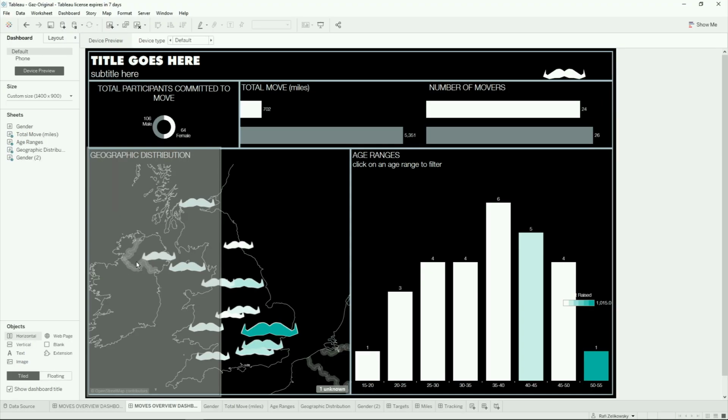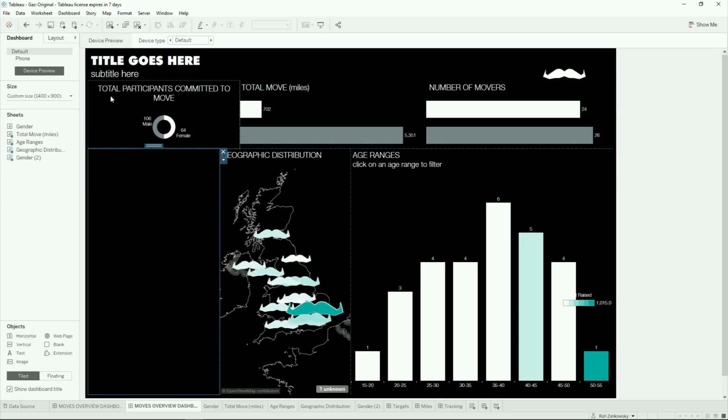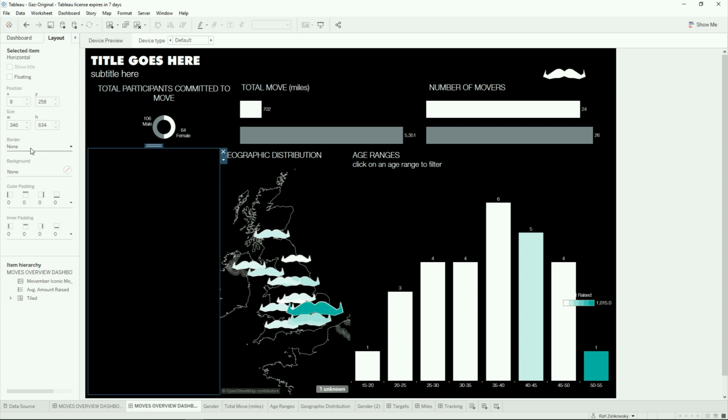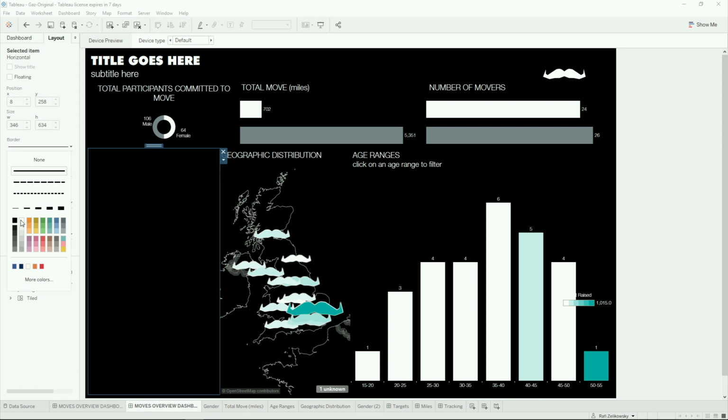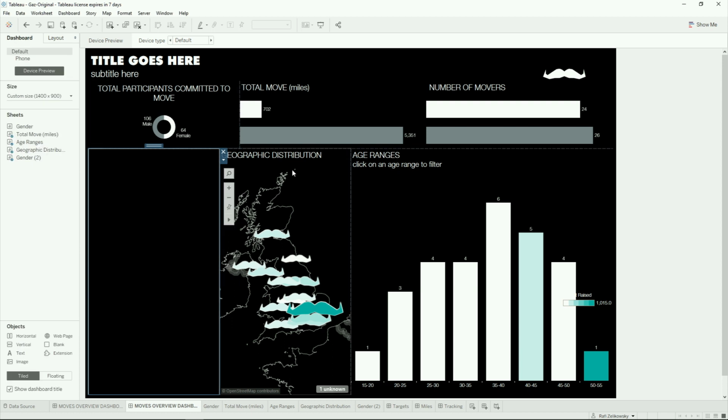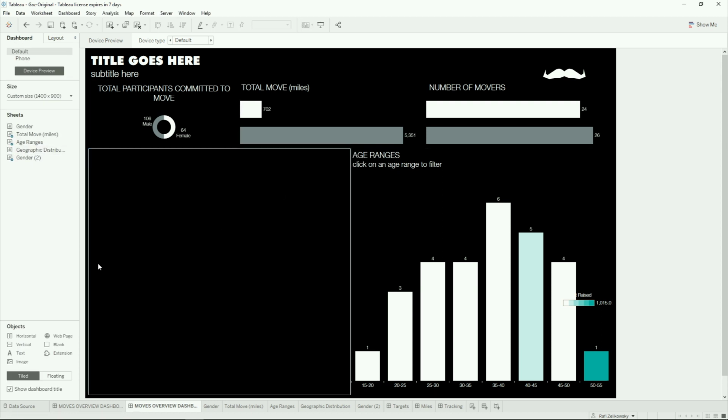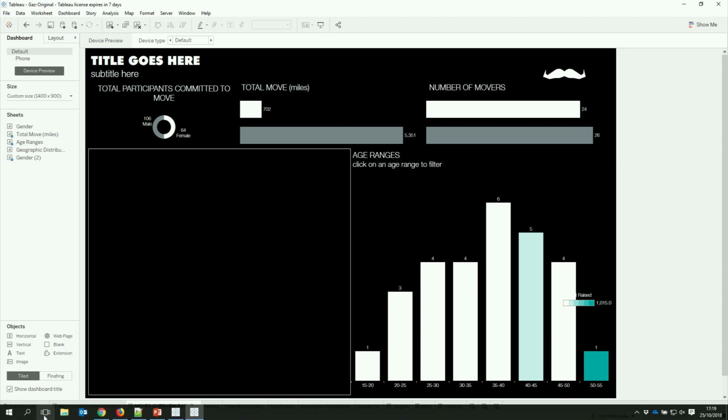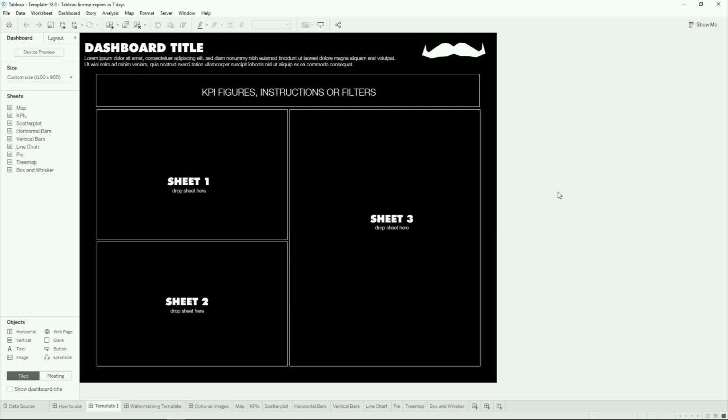So I'll drag in one of my layout containers next to my map, and I'll add a border because otherwise another user won't know that this container is here, and remove my map. You would repeat this for the rest of your dashboard, and what you might get to in the end is something that looks a bit like this.